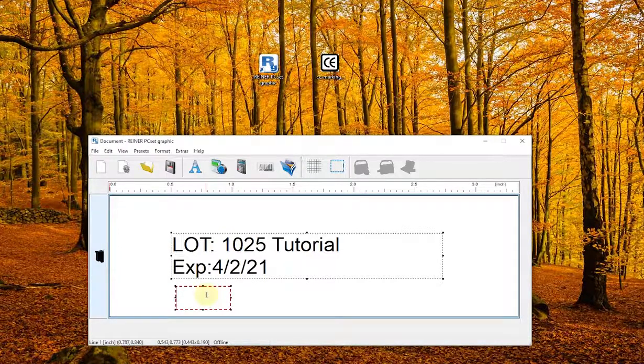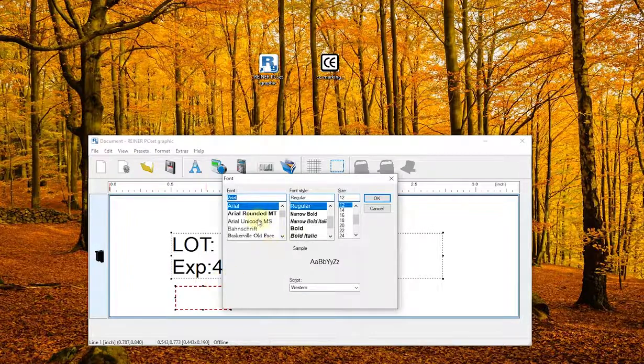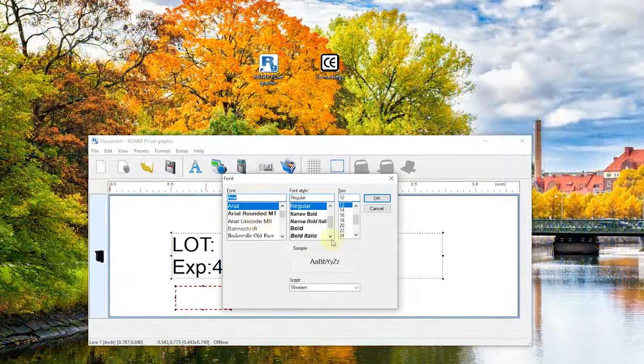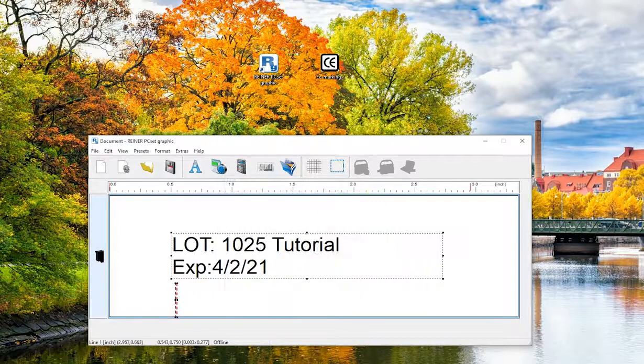Another thing that you can do is right click on the text box and then left click on text format, and again you can go in and change the font style and size for that specific box, and it will not change any other boxes that you have already brought down into your viewing window. So I'll change here to 18 so you can see the difference, and type in